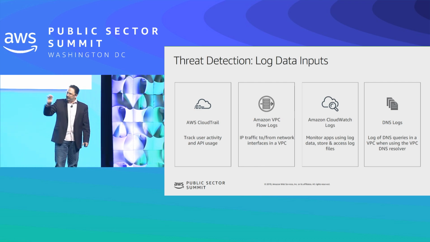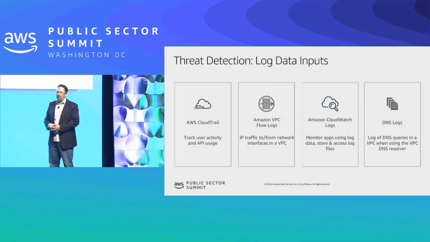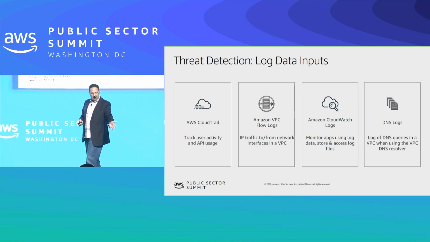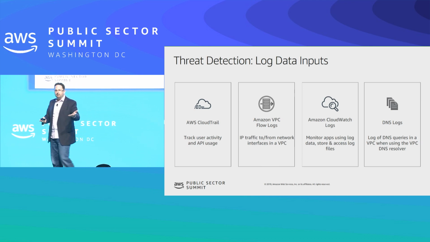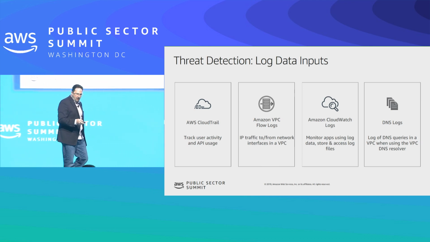So if you have this one place where every command actually goes through, why don't you just watch that and control things that go through there? If you see something you don't like, take action on it in near real time. So this central API is a game changer for security and compliance people. The other thing is CloudTrail, which is where the APIs get logged. If you're not familiar with CloudTrail, you need to check it out because that's the service where we're constantly logging API calls for you.